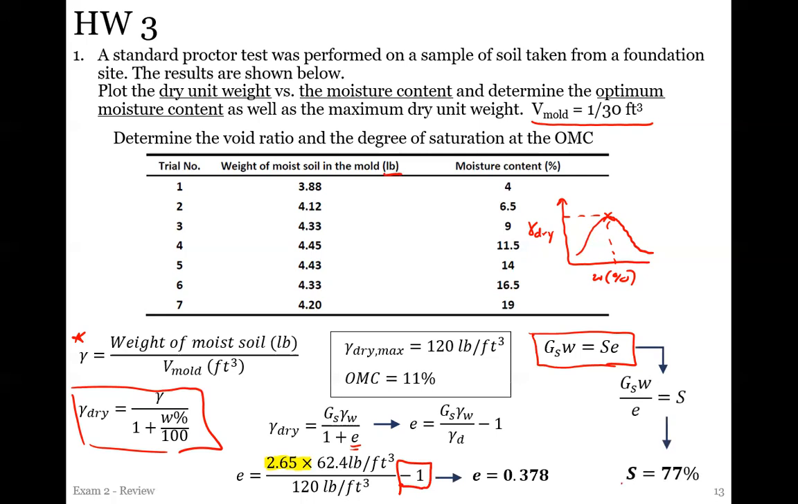So this is a good check because if you remember, this curve here has an upper limit right here. That is our gamma ZAV, or zero air void curve. And when we have zero air voids, that means we are 100% saturated. So all the air voids are filled with water, and we got 100% saturation. So our saturation at this point should always be less than 100. But we need to know